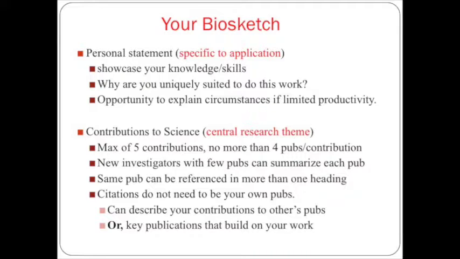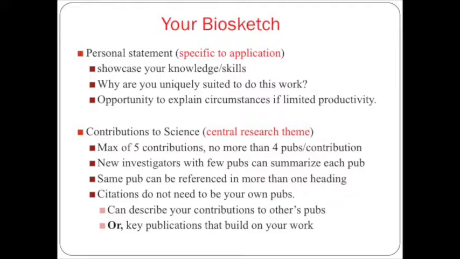So why are you uniquely suited to do this work? Showcase your knowledge and skills, and it has to be, again, specific to that application. Contributions to science have been discussed. Again, this is your central research theme, right? As a junior faculty, you may have two of these areas that you feel are contributions